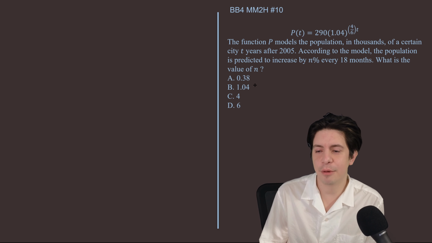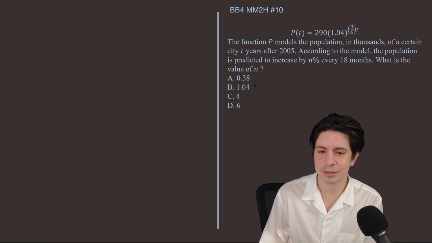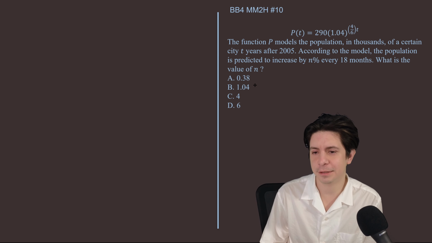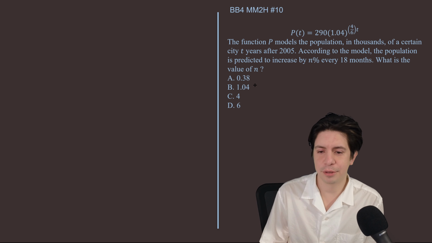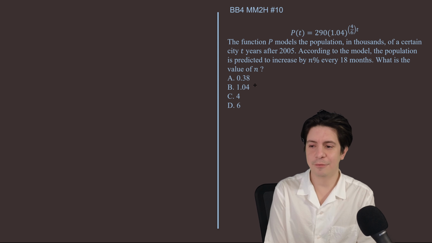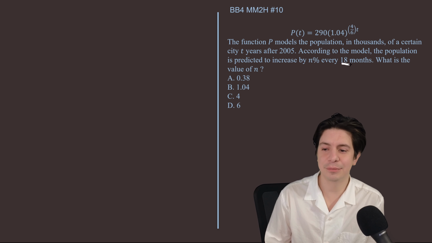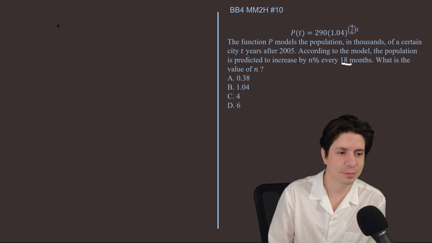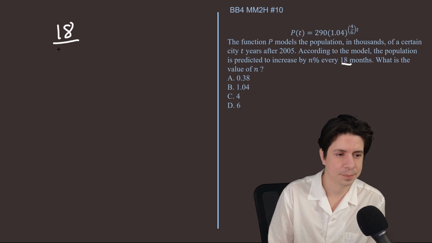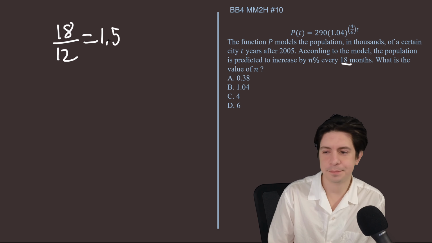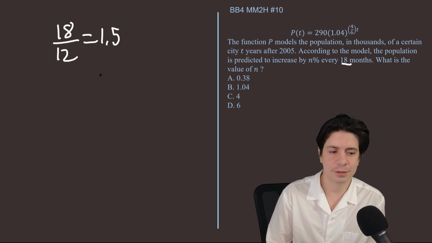The function P models the population in thousands of a certain city T years after 2005. According to the model, the population is predicted to increase by n% every 18 months. What is the value of n? Okay, so we have 18 months, T is in years. So let's convert 18 months into years by dividing by 12. 18 divided by 12 equals 1.5. Plug that in for T and we're going to get 290,